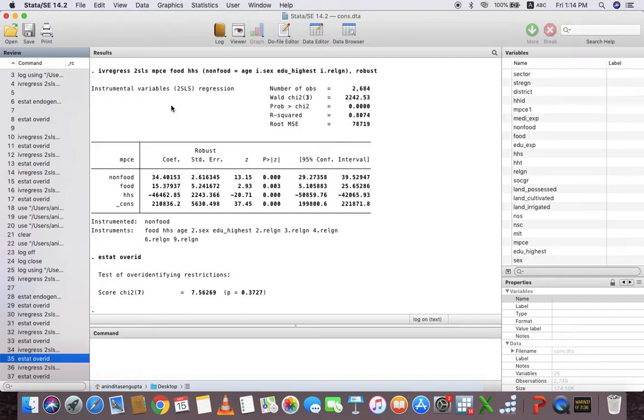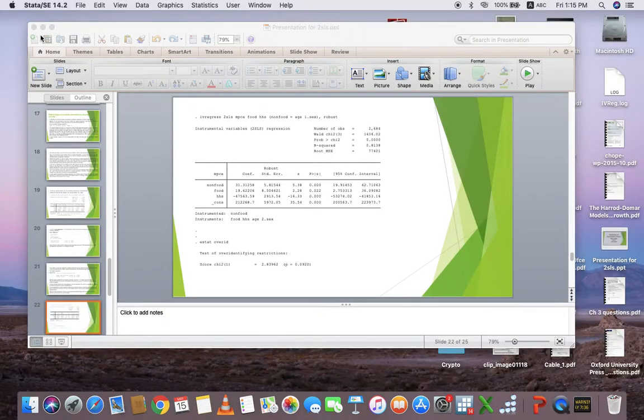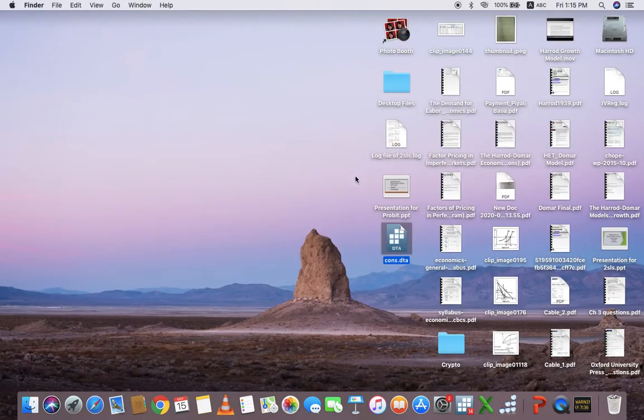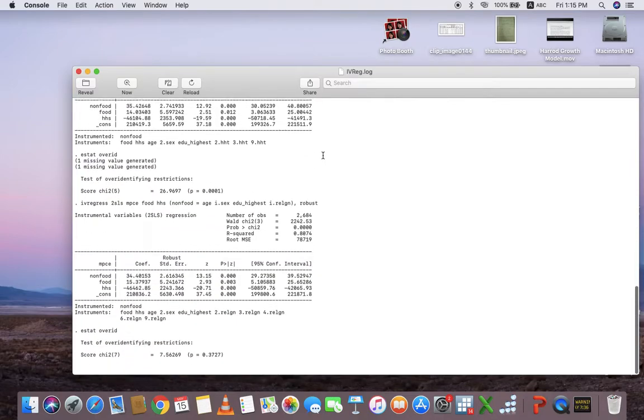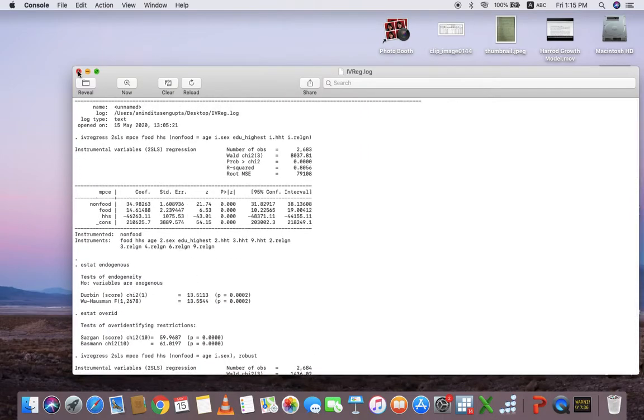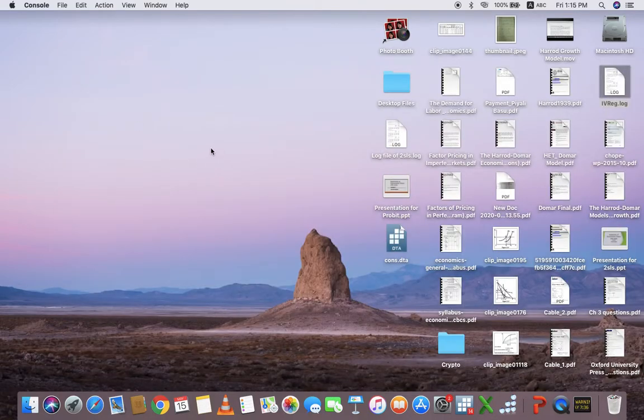The original data set can be used again and again to solve this problem. And so we are going out from this, and we see that the log file has also been created, and all our exercise has been recorded in our log file. So this ends our whole exercise of instrumental variables, the eradication of the problem of endogeneity.